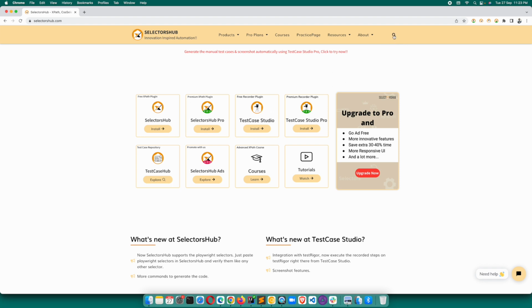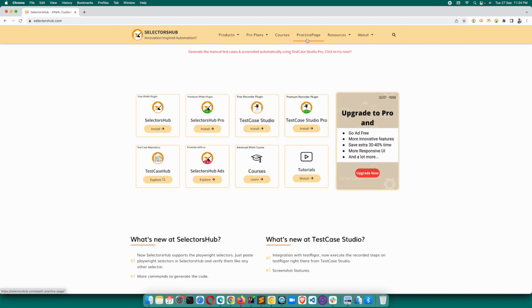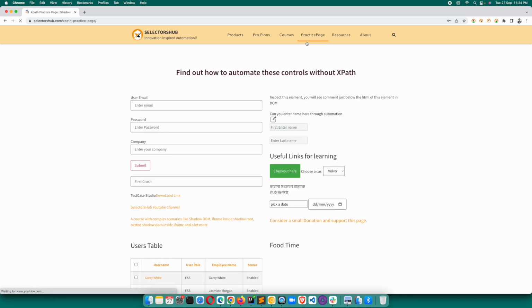You see that here, suppose we search for something like SelectorsHub, hit enter, and we get so many things here. Then we click back on this SelectorsHub, then let's say we click on practice page, then we click on here,